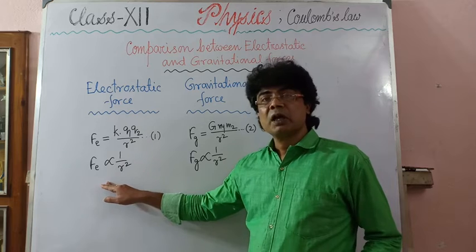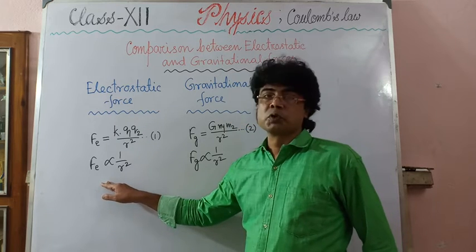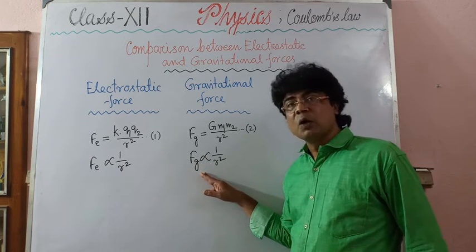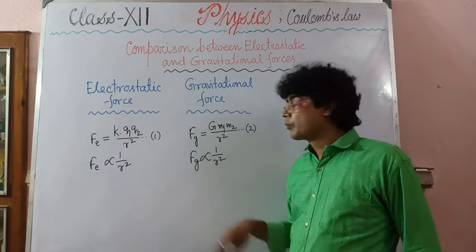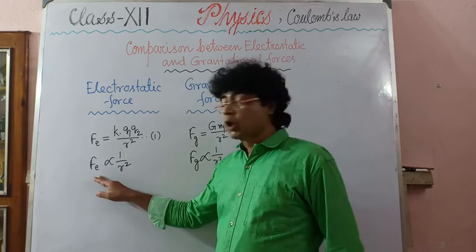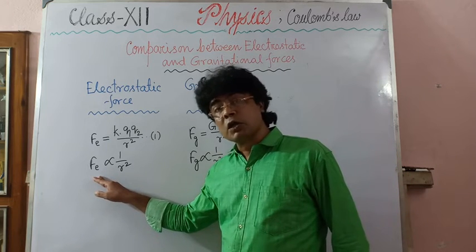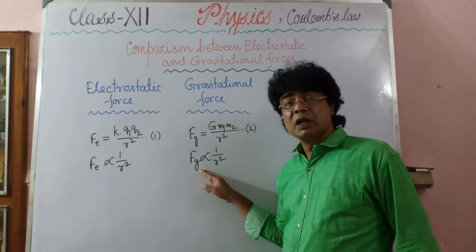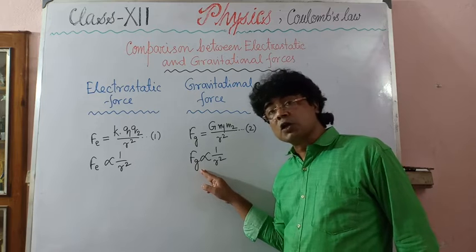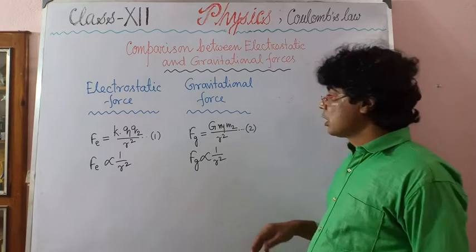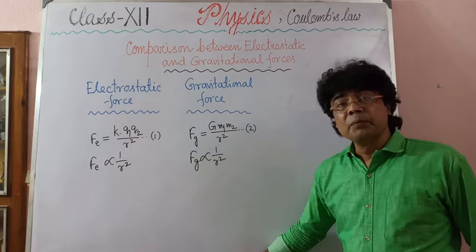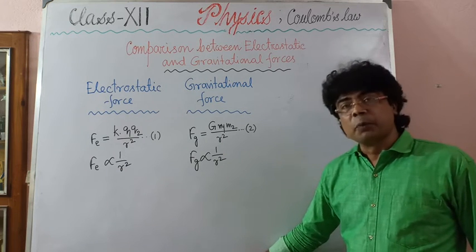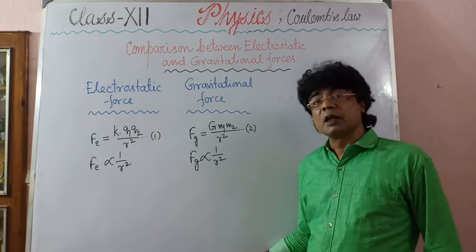Electrostatic force is a central force, and gravitational force is also a central force. Electrostatic force is a conservative force, and gravitational force is also a conservative force. Now, some differences between the electrostatic force and gravitational force are: